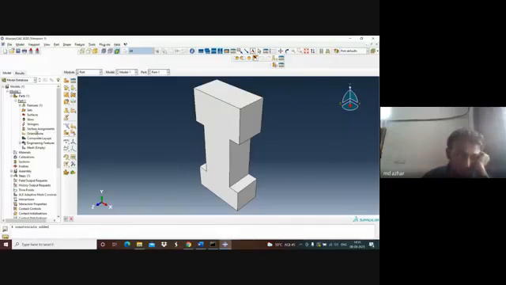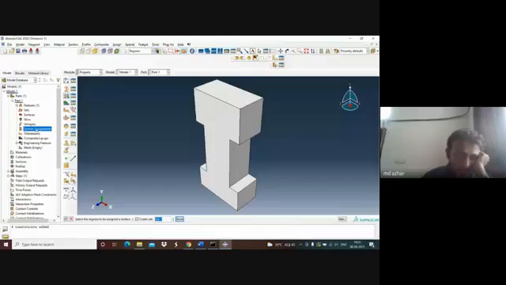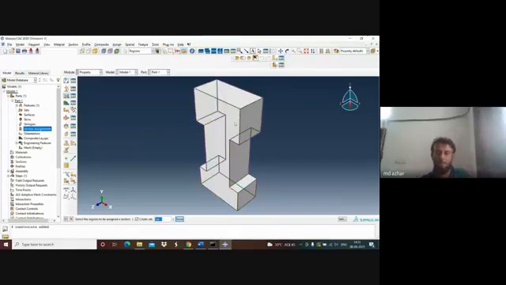Then you'll have to do certain things. You have to assign the section to it. You have to assign the properties. So there are many things over here. Assigning of the section, you'll go to the assigning of the section. So we'll understand this. So now we are selecting this. So this is a typical tensile sample,